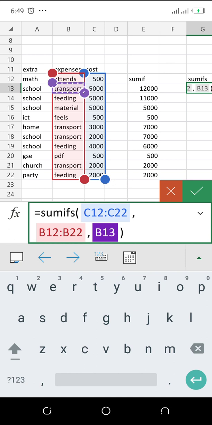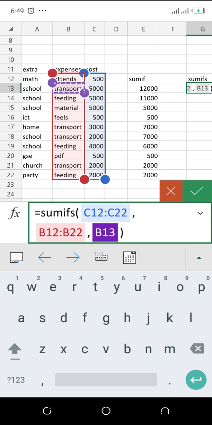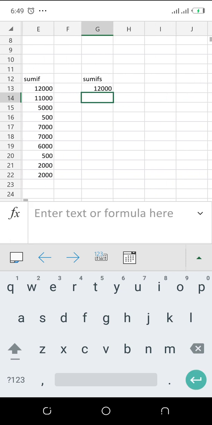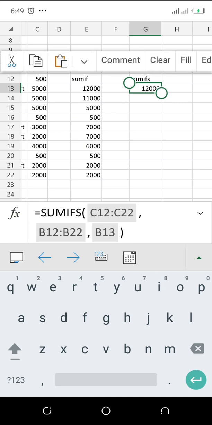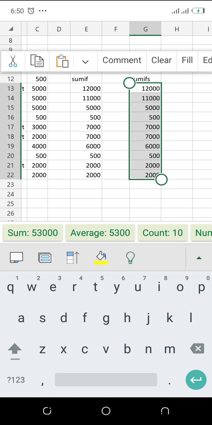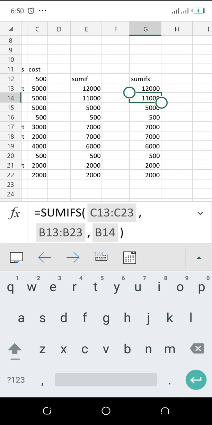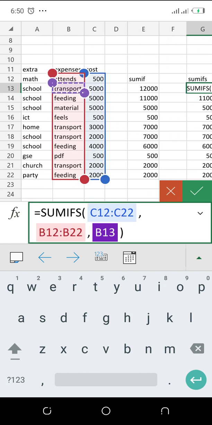If I do this now, it is exactly the same thing with SUMIF. So when I click, then okay. You see we get the same 120. But I also want to do more with this. It is exactly the same. So comma. Then